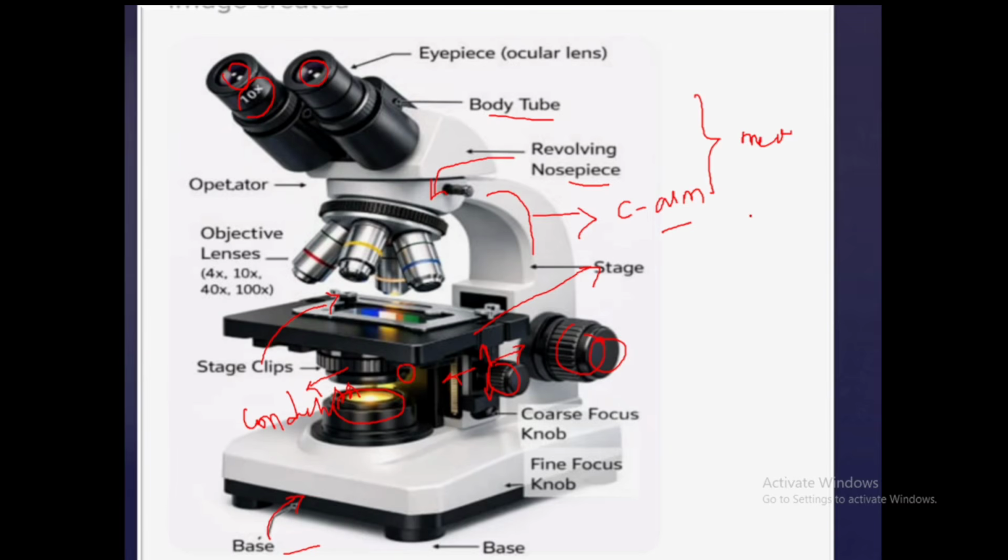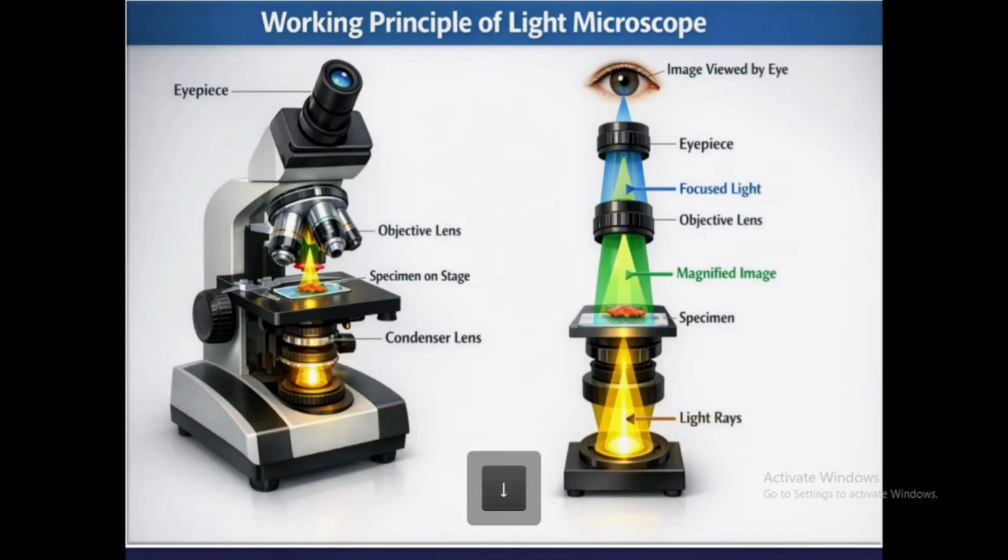So there are mechanical parts, magnifying parts, and optical parts, that is the objective lens and the ocular lens. These all are the parts of the microscope. Now we can see the working principle of the light microscope, how we can see the image and how